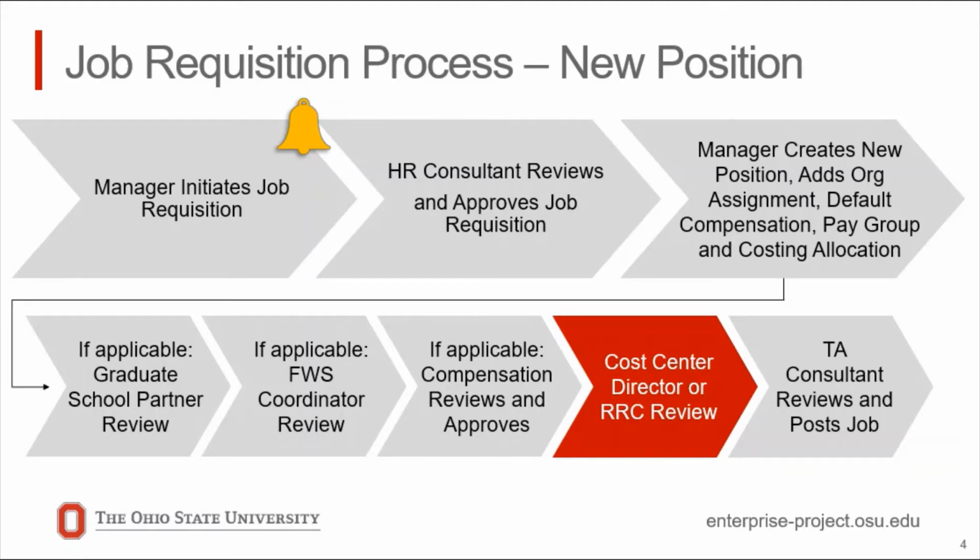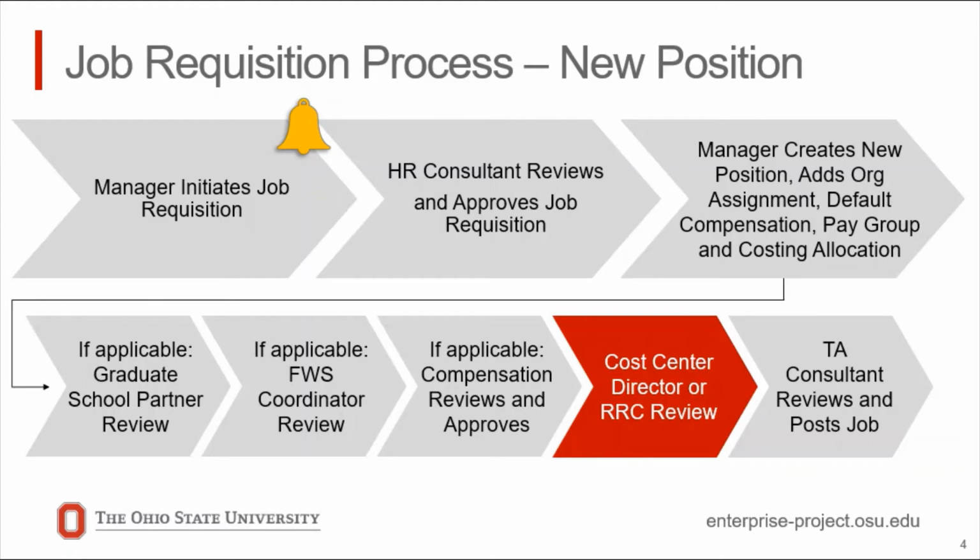If the senior fiscal officer needs to review the requisition, HR consultants will need to add them as an approver through the ad hoc process. The flexibility will be determined by the college or business unit on when the fiscal manager needs to be in the approval process. Work with your HR business partner to determine if this is applicable for your college or business unit. Step 3. The manager will create the new position, adding the organization assignment, default compensation, pay group, and costing